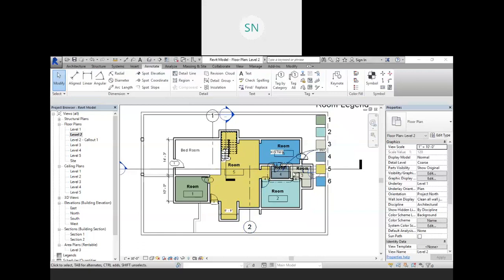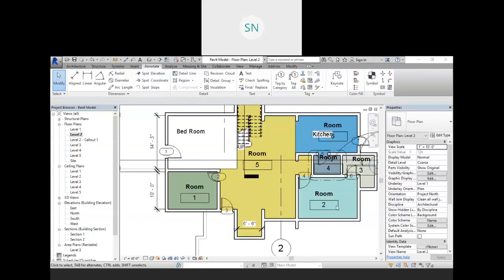But this is for the documentation purpose when we are working with a very huge model, a very huge project. So where everything depends on the numbering that we are discussing about, 101 room, 102 room, 103 room, right? So whatever documentation work is there depends on the room number. So at that time you need this.